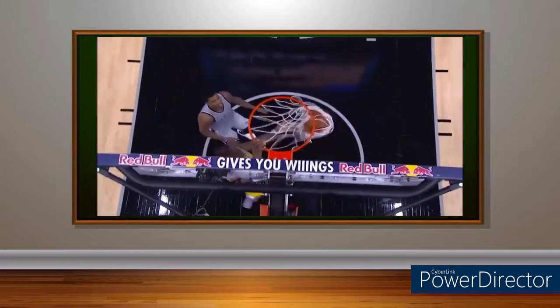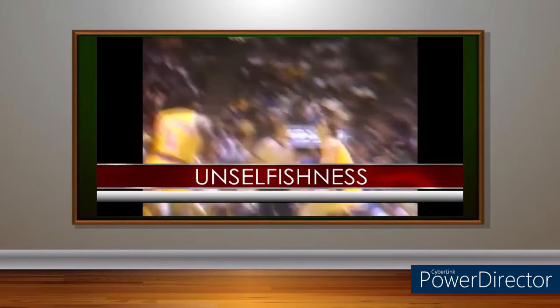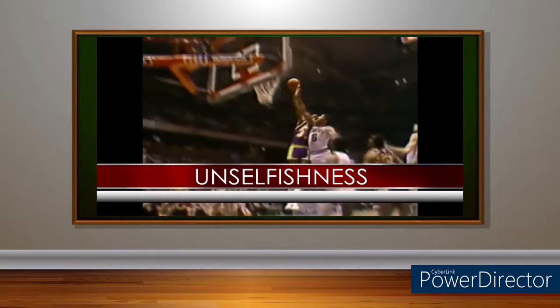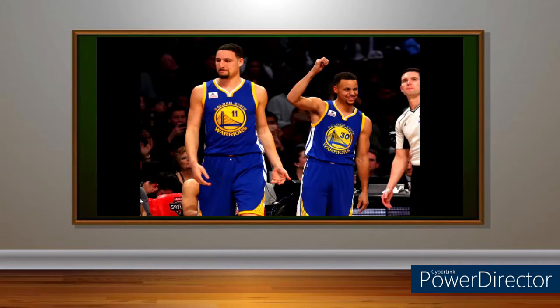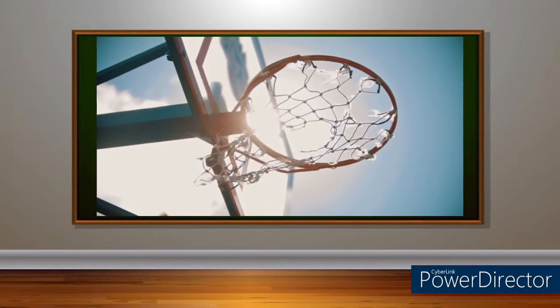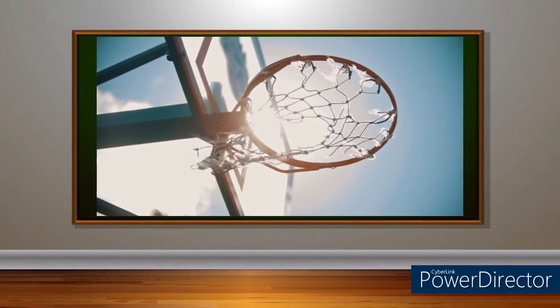Now, the last quality we think is important with the point guard position is unselfishness. The game of basketball is so stat driven now that kids are watching their favorite players at this position and they think that they have to score a lot of points on average to be an effective point guard for their team. But in all reality, distributing the ball and being an unselfish player in that manner, and also talking to players and helping them understand their role, now that we've broken down the skills, is the attribute that's most important. And we're going to talk about what type of point guards are in today's game by giving you an example of some names that you're familiar with and what their abilities are.